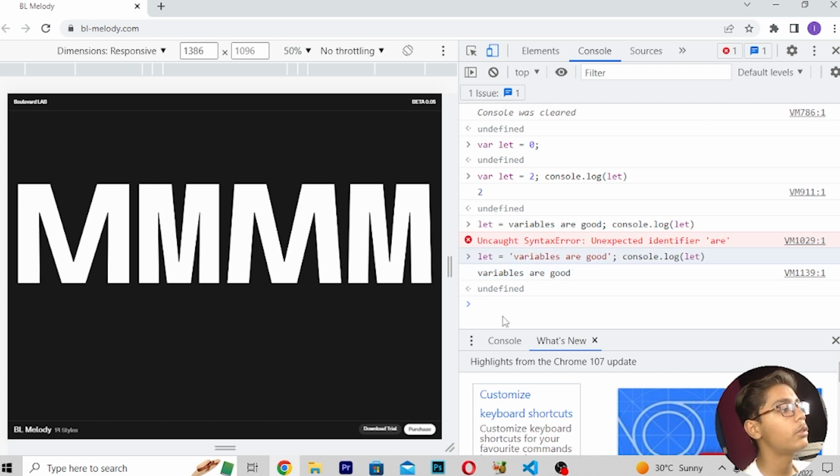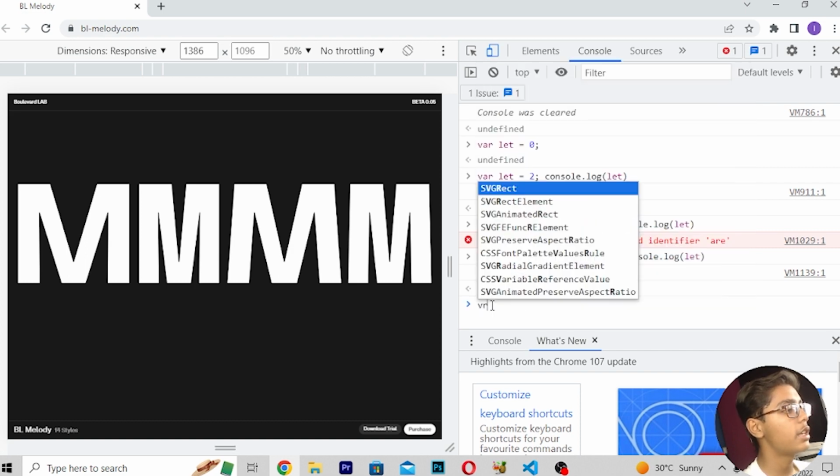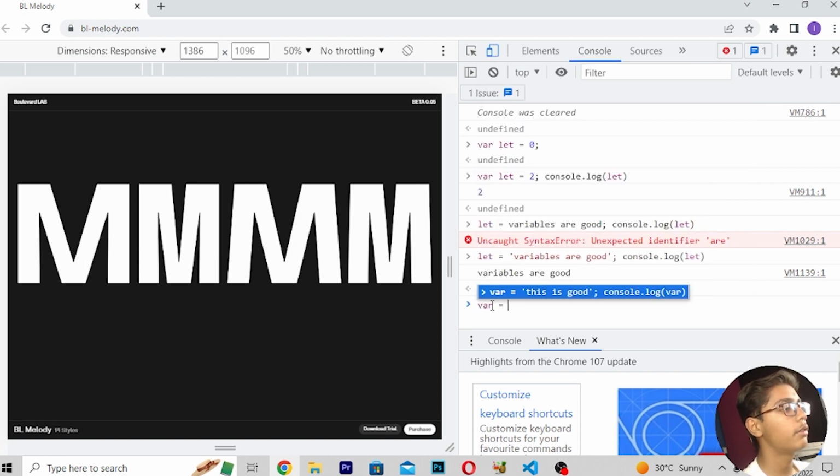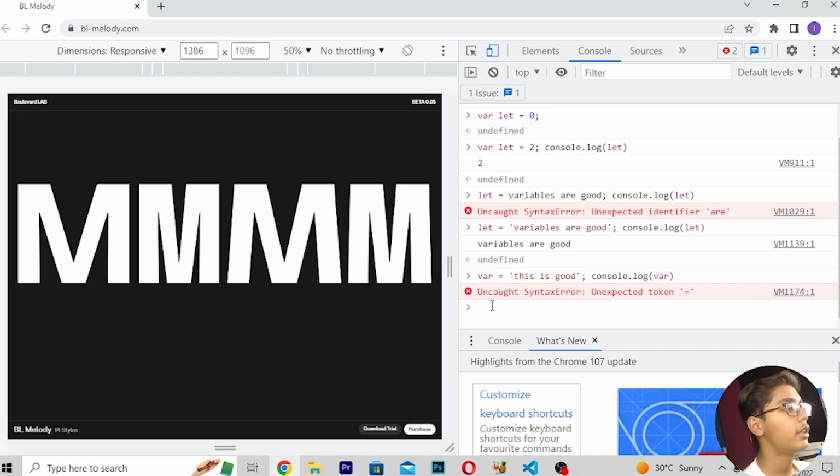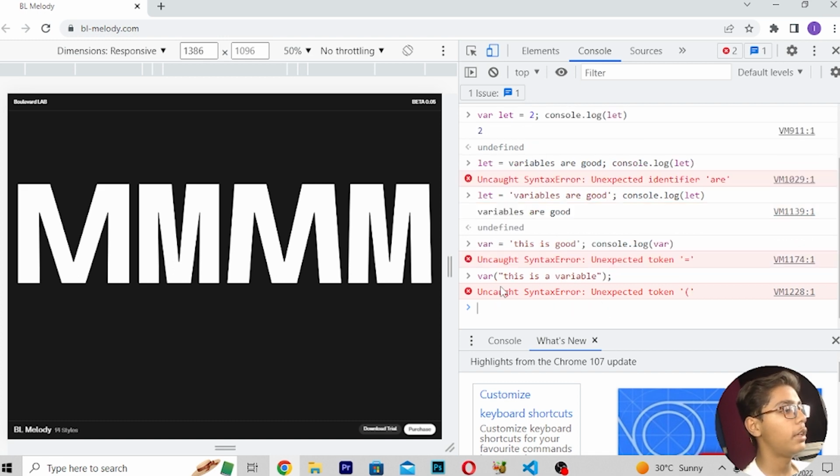So like this, you can use many other things, like these are the variable tags which you can use, and same as you can use var is equals to, then you have to write here this is good, console.var. You can see variables cannot be used here, so it can be asked like variable, this is a variable, then you have to close this, and press Enter.